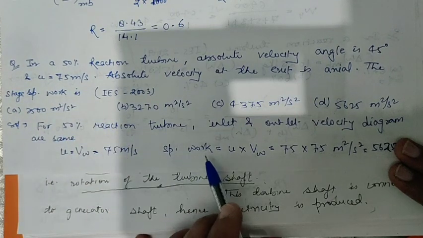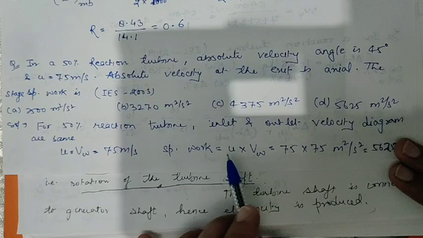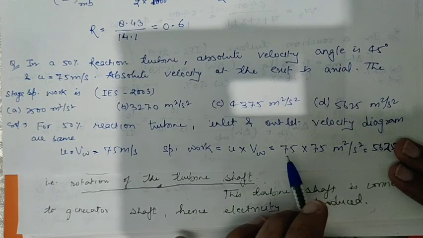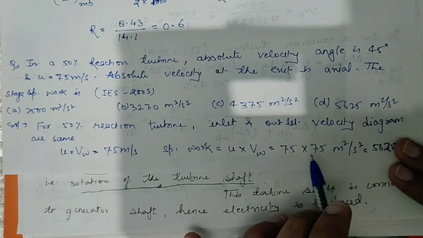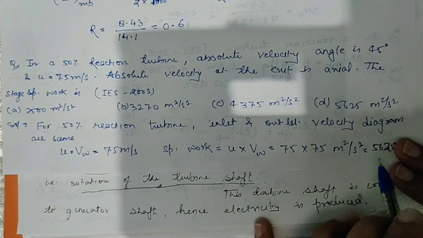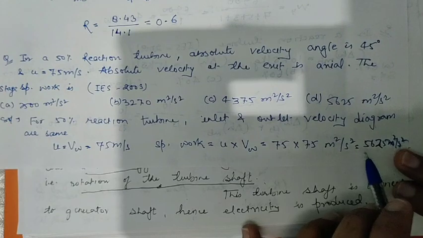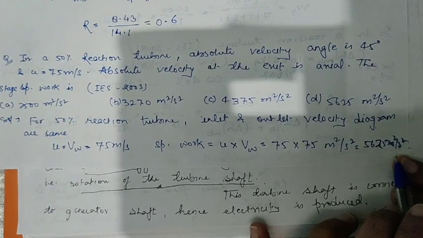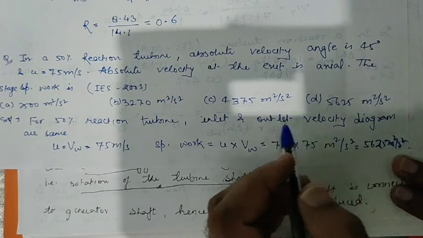So specific work output, we have already known the formula that U into VW, that is U is 75 meter per second and VW is 75 meter per second. So multiply both, so we will get the specific work output, that is 5625 meter square per second square. So this fourth option